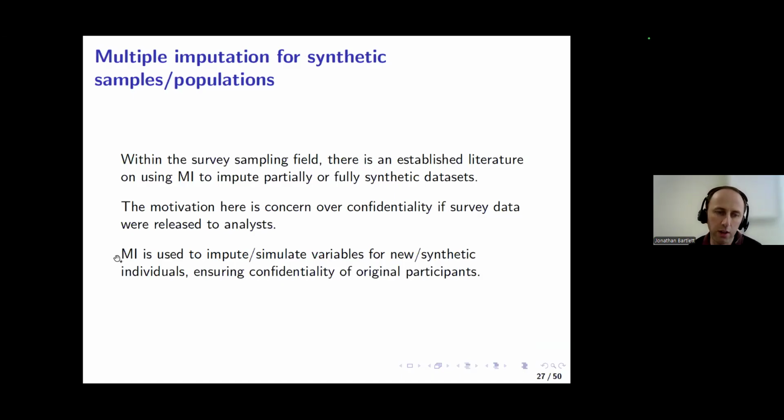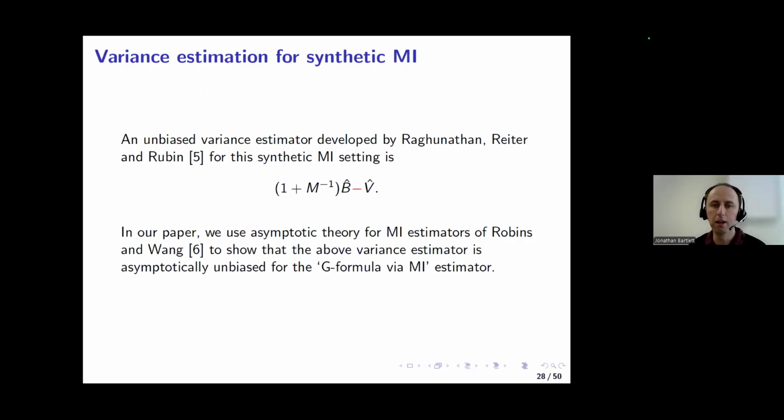And so the idea here then is to use multiple imputation, which was originally devised for handling missing data, to impute or simulate values of variables for new or synthetic individuals in the case of this fully synthetic idea, to avoid releasing their actual original data values to analysts. And in this context of using MI for synthetic data set generation, in a nice paper, Raghunathan, Reiter, and Rubin